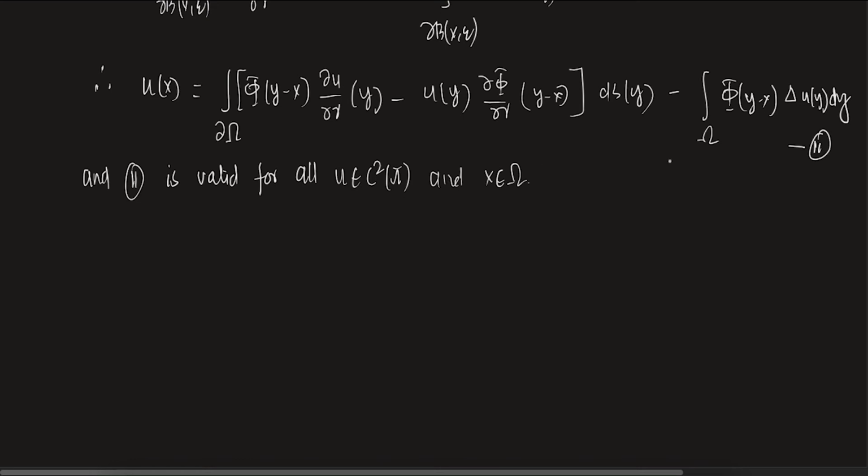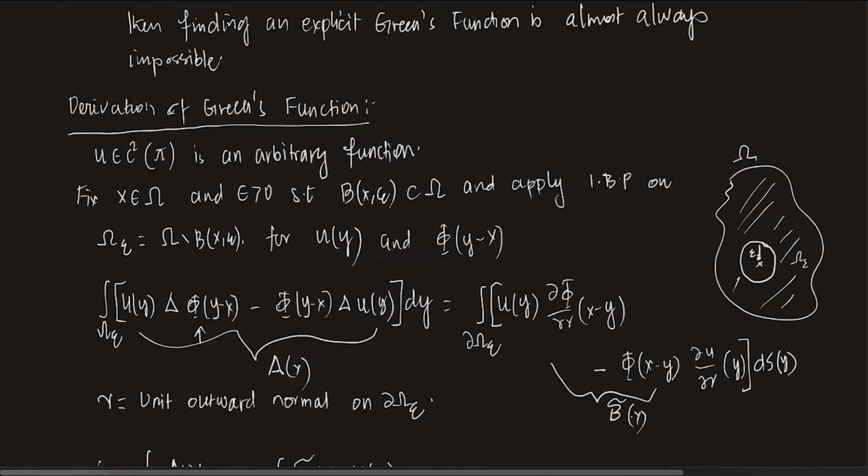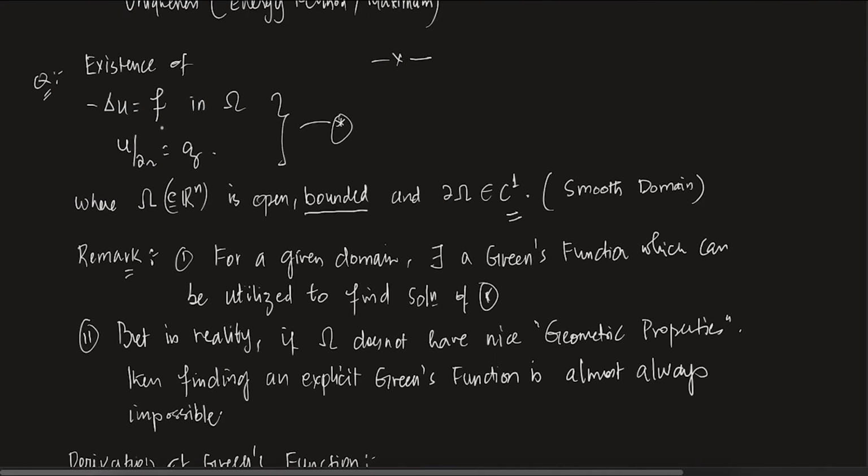Here you see what is happening. Let's assume that you know what Laplacian of u is in omega, so let's say that's your f. Phi is already known to you, because phi is a fundamental solution; it does not change. So you can just calculate the integral of this particular thing over omega once you know what Laplacian of u is, and that is given to you. It is given that Laplacian u equals f and u equals g on the boundary. If you look at the star, Laplacian u equals f is given to you, so just replace that there, and u restricted to the boundary is g. It is given to you.